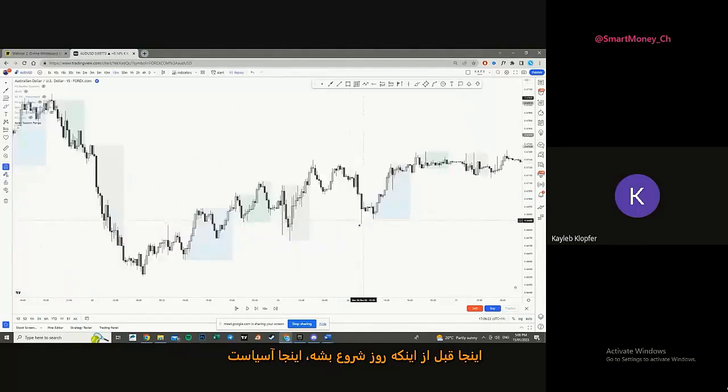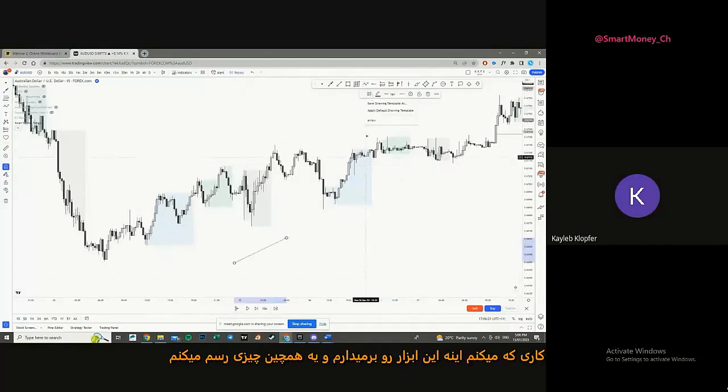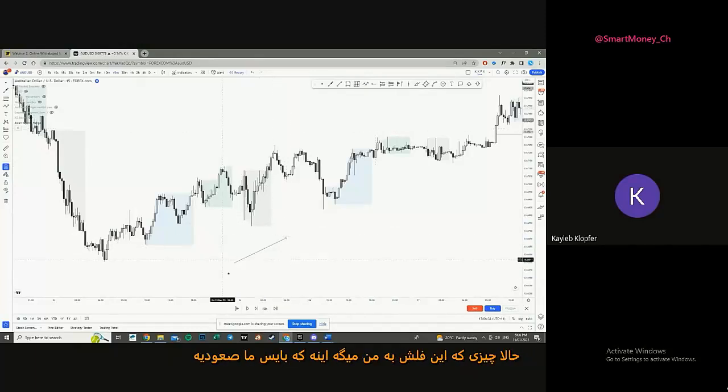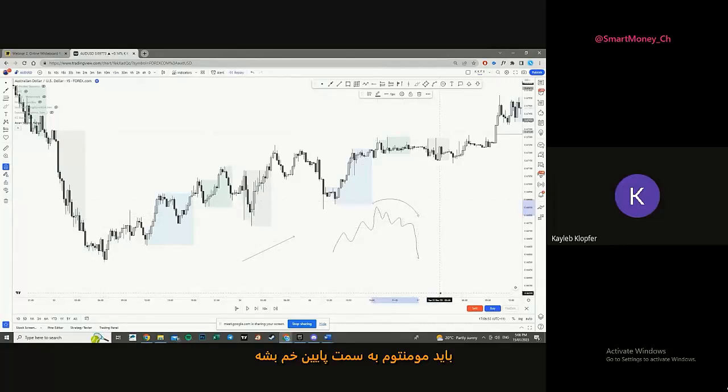So what we'll want to be doing, say here before the day starts, because this is Asia, before my day starts specifically, is I will get this tool and I will just draw an arrow, something like this. What this arrow tells me is that we have a bias to move up, momentum-wise, because our momentum is to move up. If you're moving up, to break momentum you have to curve momentum down. But if you're moving up, the momentum remains up.